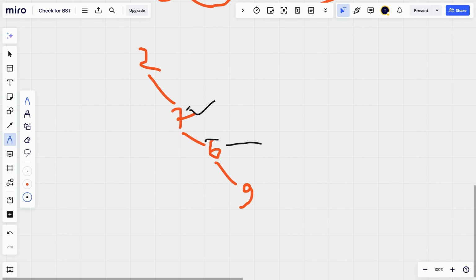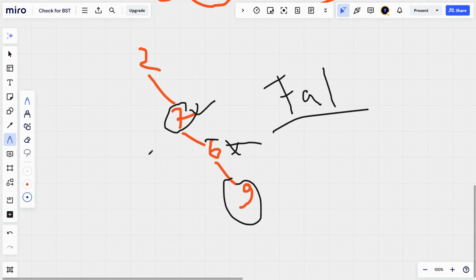But in this, 6 is less than this node 7 and this node 9. It is not the correct position of node 6. So for this it will return output false.